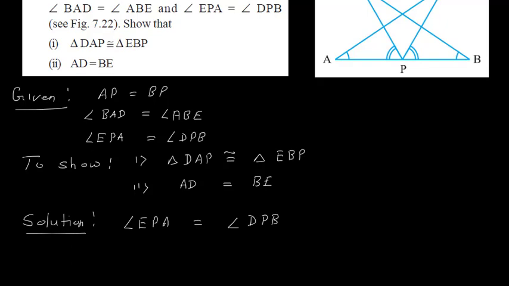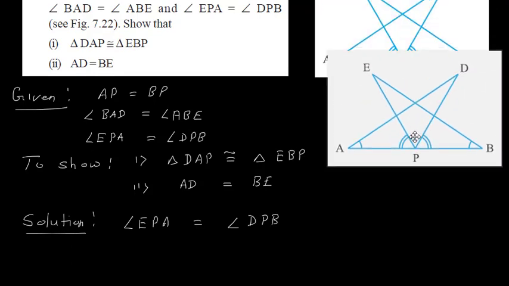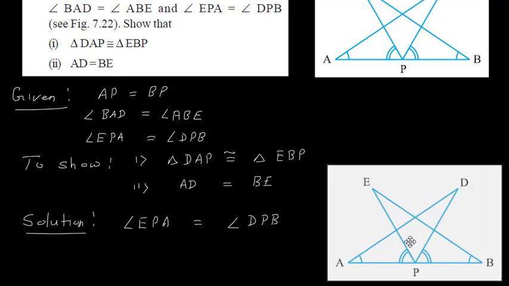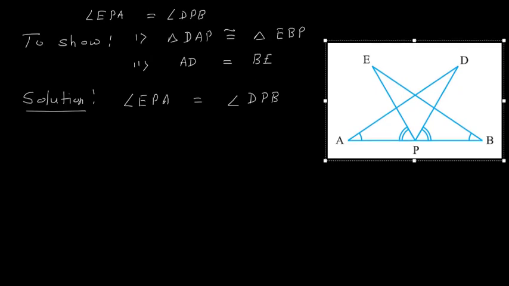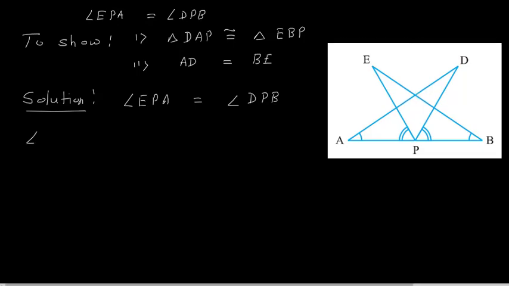Now I will move this diagram a little down. Let us say here. Okay, so here angle EPA is equal to DPB is given. I will add angle EPD on both sides. So therefore